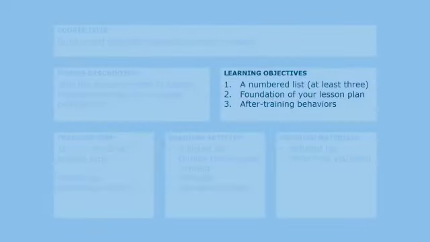Developing learning objectives builds the foundation for your lesson plan. The skill of developing learning objectives is critical because all of your content and activities must be designed to help achieve those objectives. Let's take a look at